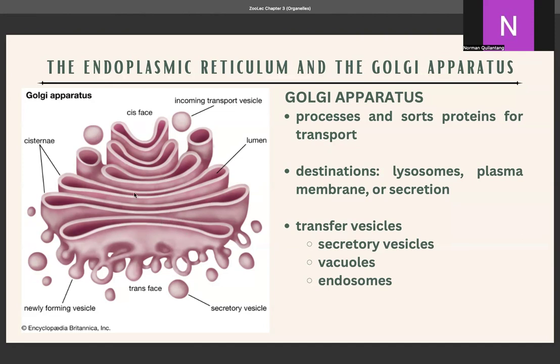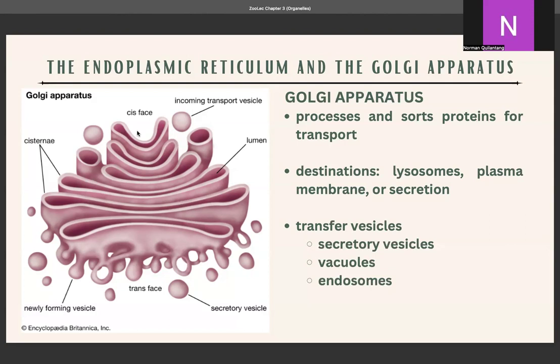So some of the proteins that are produced by the ribosomes go to the Golgi apparatus, and in this organelle, certain modifications of the proteins produced by your ribosomes are done, and afterwards they are transported to other parts of the cell, or towards the plasma membrane where later on they can be excreted